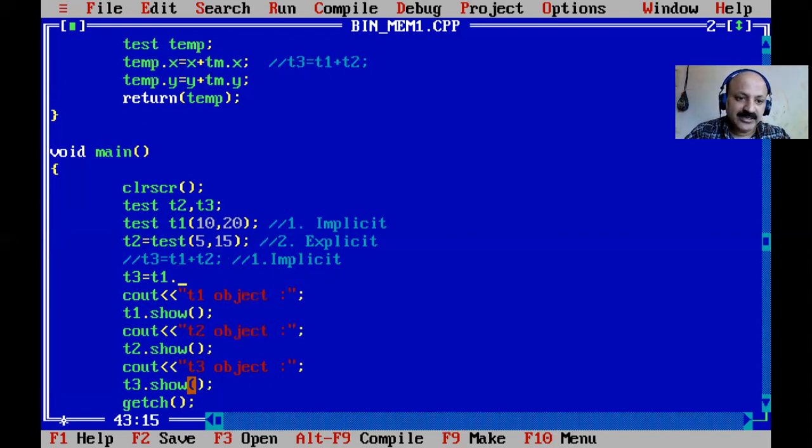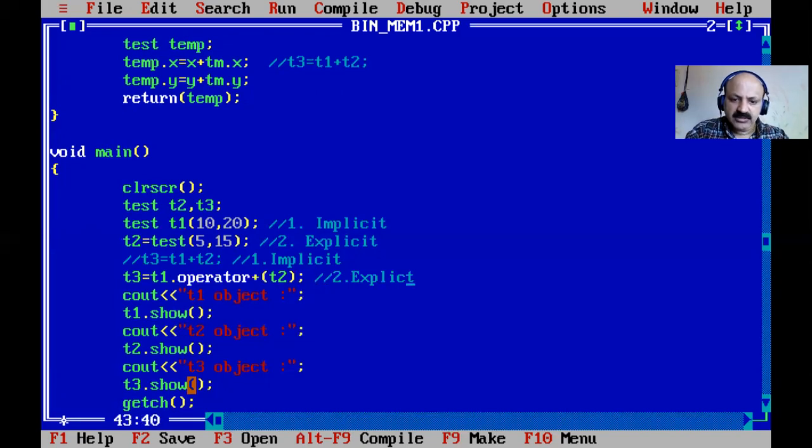How is it possible? I write this statement, then you can exactly understand what actually happens internally in the compiler, how it converts this statement. So the compiler converts this statement. Here operator, yes, that keyword, and the plus sign is our member name. So operator is a keyword, and here pass T2. So there is no error, because we have to write the second technique, we can say, the explicit.